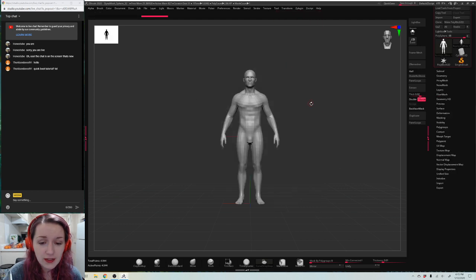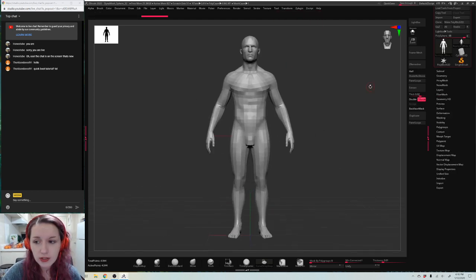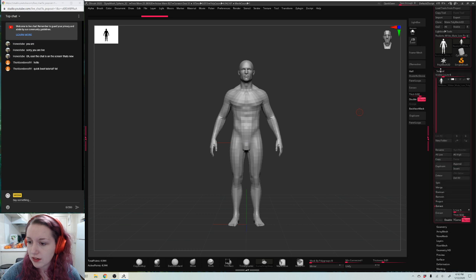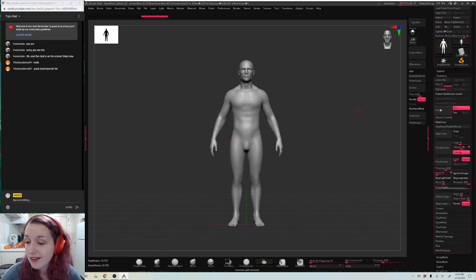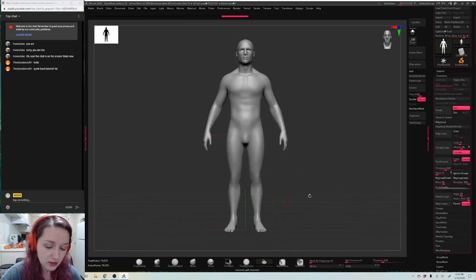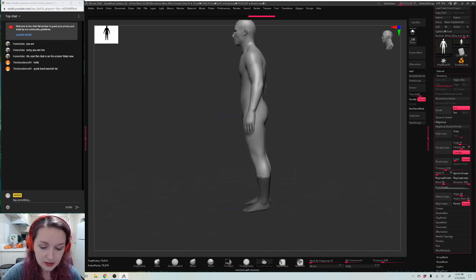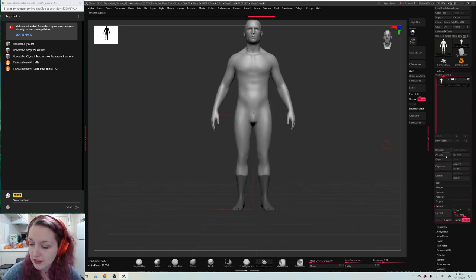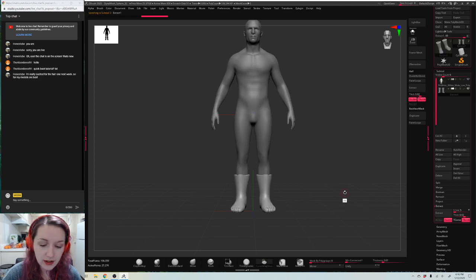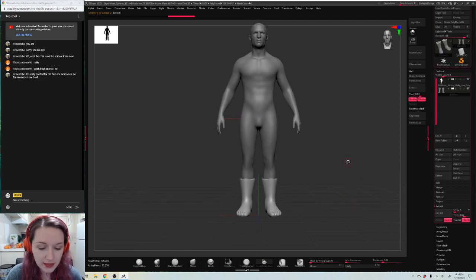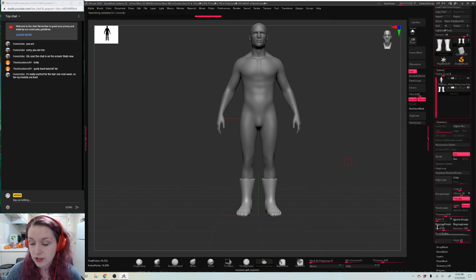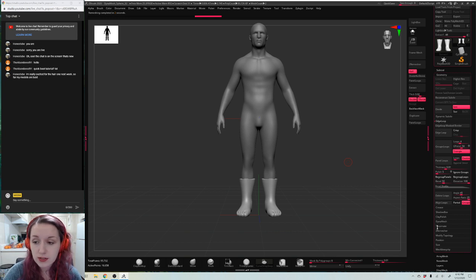Okay. I think you are the same person who posted in the Discord of the character you're working on. Very cool, by the way. But yeah, you had the right approach where it was masking something off and extracting it. This is definitely a way to do that. What you didn't do though, I think that would make it more helpful, is doing Z-Remesher. Z-Remesher is under Geometry and Subtool Palette. This is going to reduce the amount of polygons that you have and make it easier to manipulate the overall